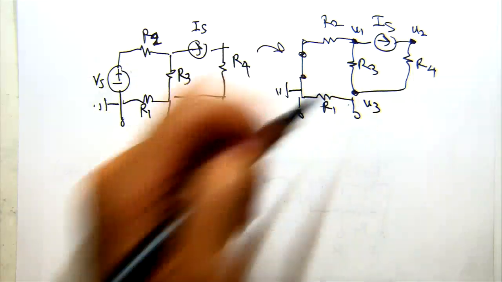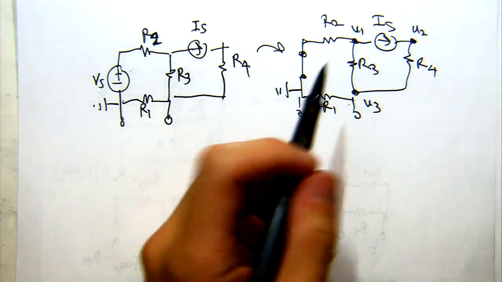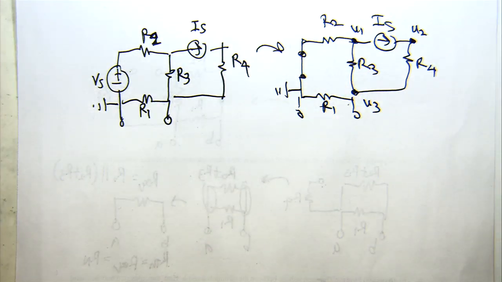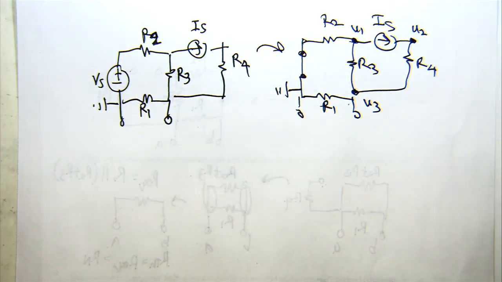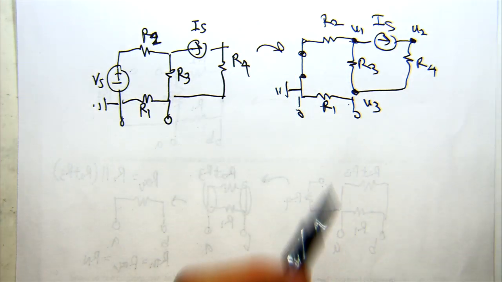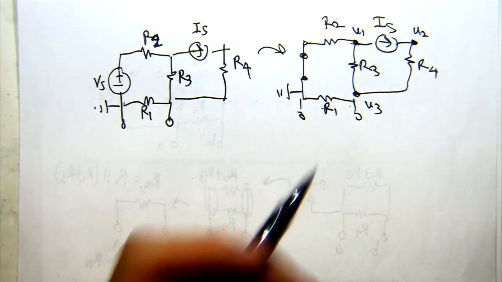I'm just going to label them U1, U2, and U3. And I'm going to want to write my KCL equations at each of those nodes. Whenever you're doing node voltage analysis, you want to look at the nodes for which you don't know the voltage and write the KCL at those locations. So if I want to write my KCL equations, I'm going to have to label my currents. In this case, I don't have any labeled currents, so let's do that.